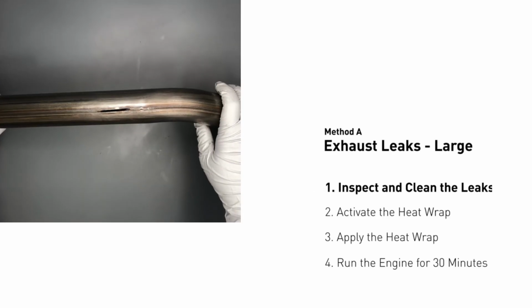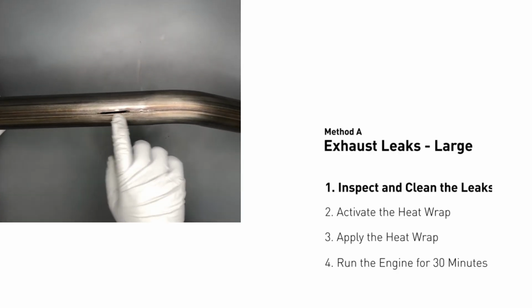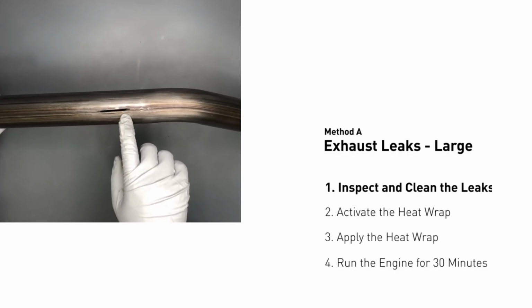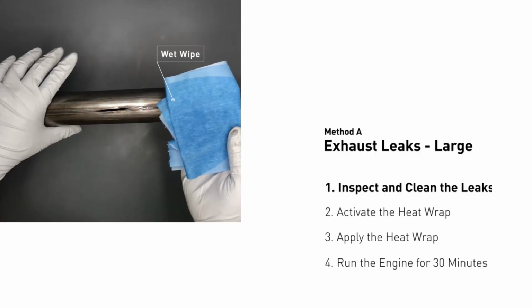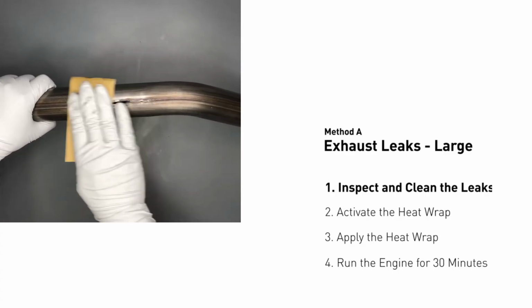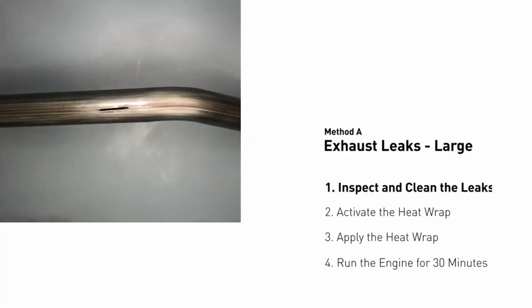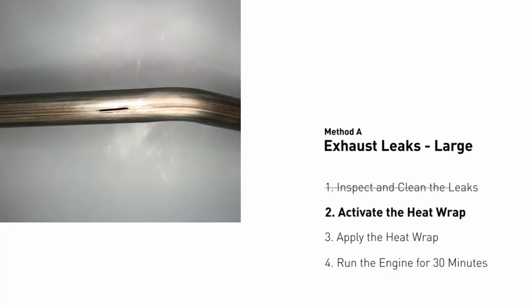Exhaust pipes are made out of rolled steel, and there is a welded seam on it. Like this one, the seam will often rot into a large leak. First, get sandpaper and a wet wipe to clean the leaking area for better application. Get the heat wrap out